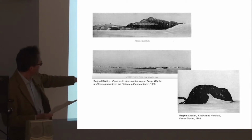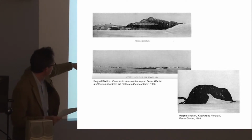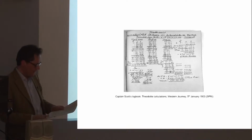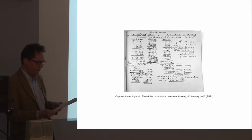So these are the images as they're going through the Transantarctic Mountains and Farrar Glacier, and then they're up on the ice sheet, the mountains are behind them, and then they keep marching west. All that would be brought back were charts, measurements, and textual accounts. As they slogged towards an altitude of some 10,000 feet and in a temperature as low as minus 40 degrees centigrade, Scott began describing the ice sheet surface as some